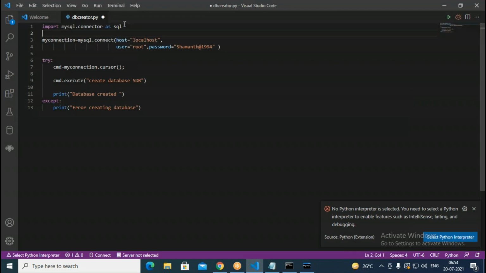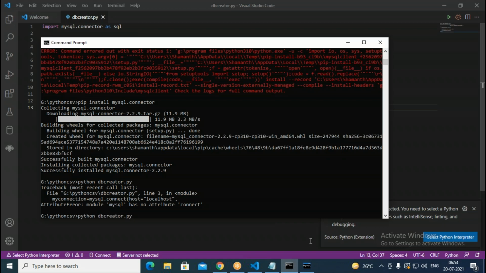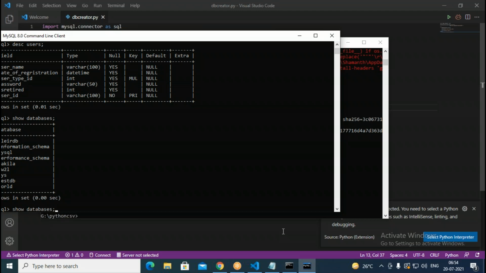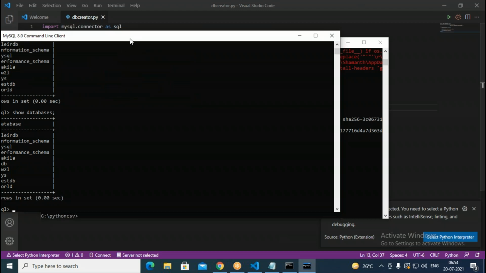So any of you try to do something like this as SQL. Then in this, I want to go with SQL dot connect. Like this I want to run here. Import mysql dot connector as SQL. My connection equal to SQL dot connect. So this is the code I changed here. Then once again try to run this. So what it says this time, database created. The database is available now. We go to this piece of code and try to see whether it is available or not.